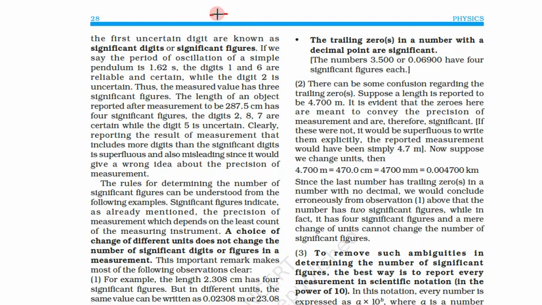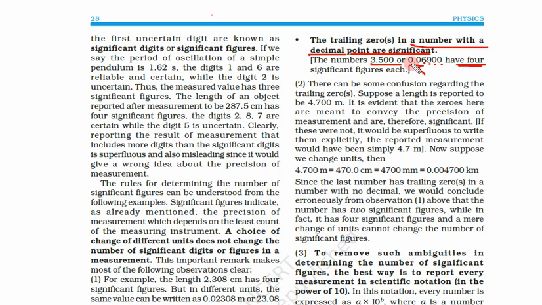So now what we have? We have the trailing zeros in a number with a decimal point. So now we are with a decimal point, so they all are significant. If they are with a decimal point, all the trailing zeros are significant, like 3.500. So here the significant numbers are 4. In this, the initial ones are not considered, but the trailing ones will be. So 6900 and 0.006900, both have 4 significant figures.